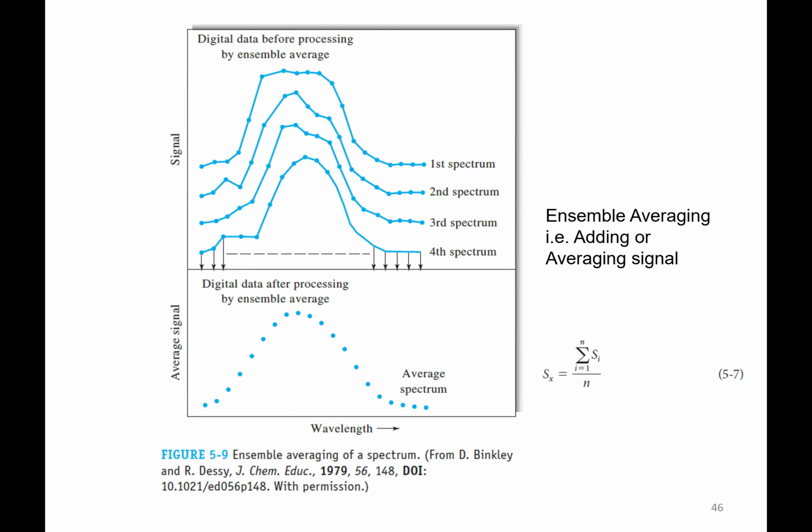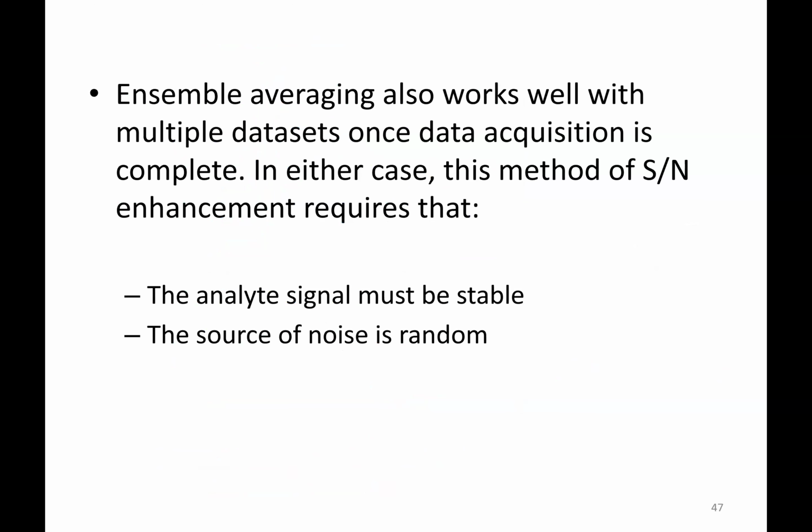Okay. So notice here, the digital data after processing by ensemble averaging, you take all the data points, add them together. These are the dots, and then you can use an algorithm to show you how the spectrum looks. Individual spectra, you see, it's individual data points, and then from first spectrum, second, third, and fourth, you add and then average the signals. So the ensemble averaging entails that